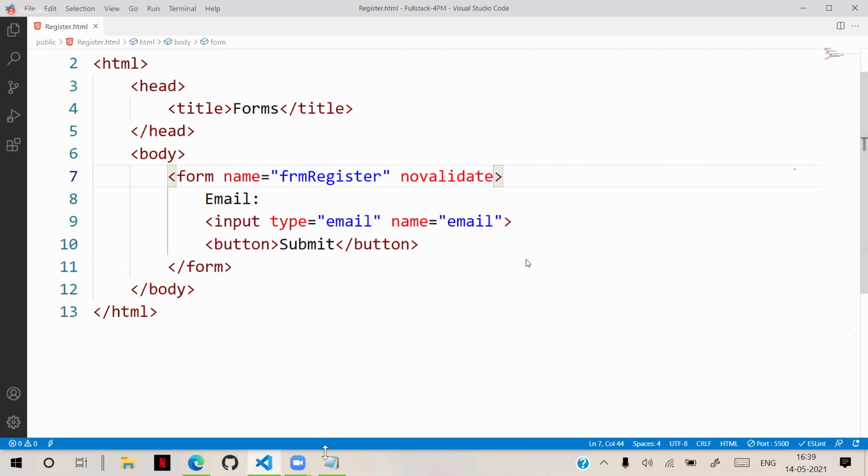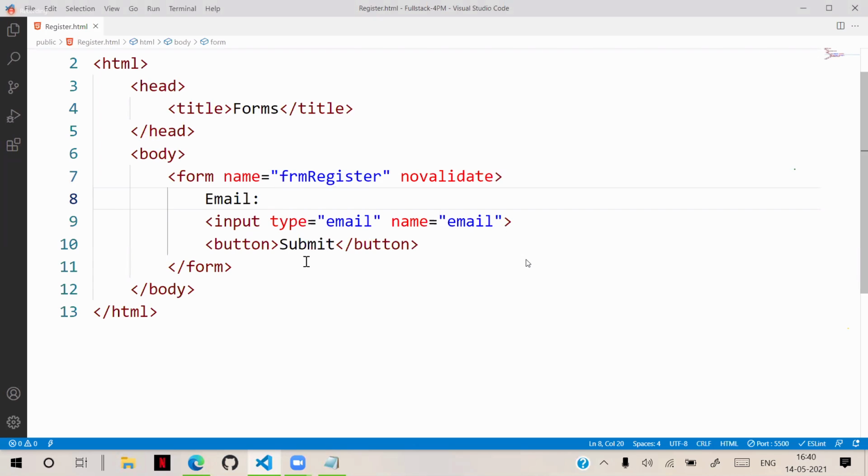These are all the attributes to work with the form. So that is the option for why it is handled.